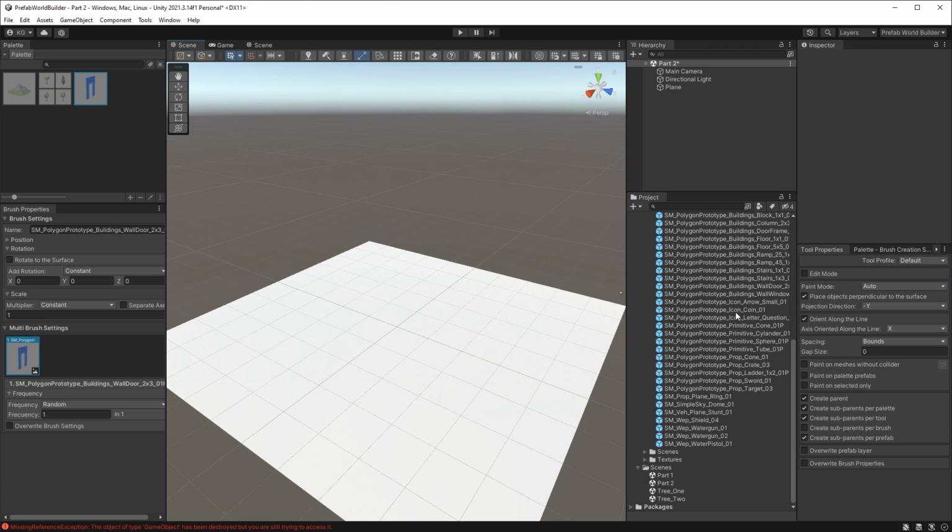This will be our wall brush, so select the wall door and the wall window. Now these will of course appear with a random frequency. Let's say that most houses have probably more windows than doors. Now when we create a line, all the doors and the windows will be lined up.